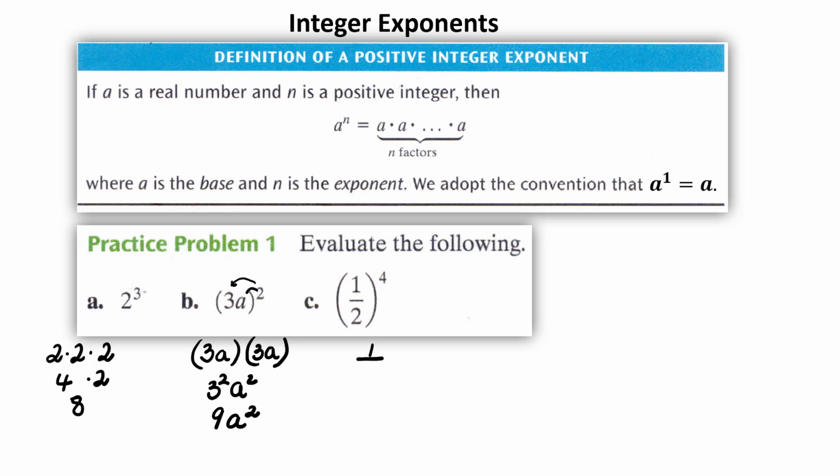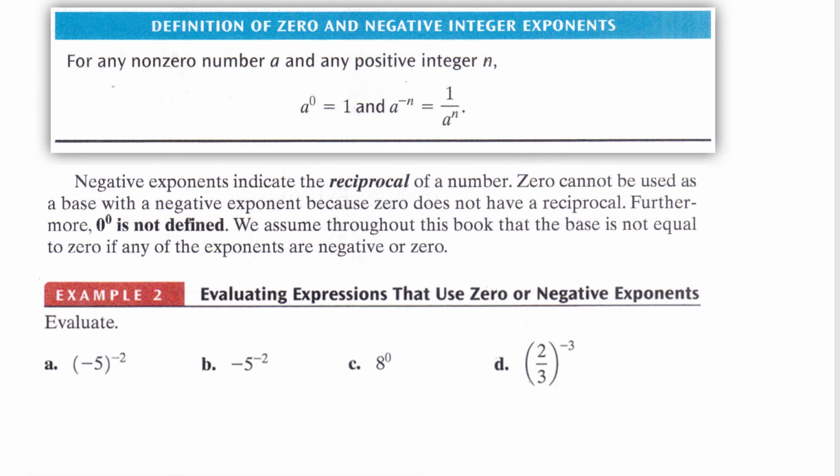1/2 between parentheses to the fourth is 1/2 times itself 4 times. So it's 1 to the fourth divided by 2 to the fourth. It's 1. 2 to the fourth is 2 times 2 times 2 times 2, which is 4 times 4, which is 16. 1 over 16. a to the 0 is 1, and a to the negative n is equal to 1 over